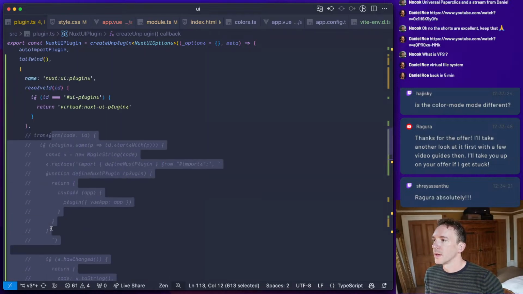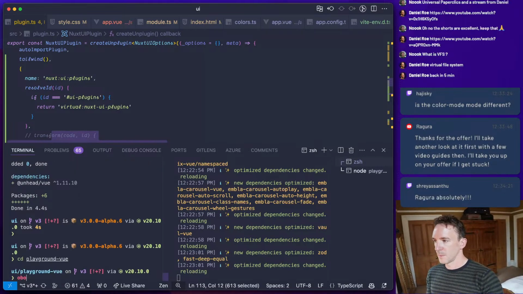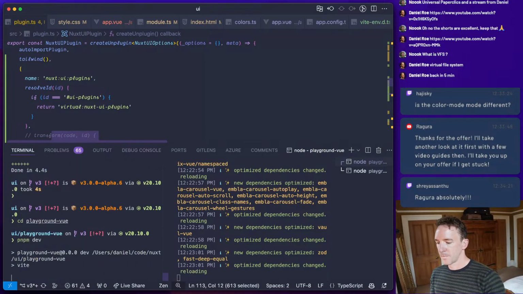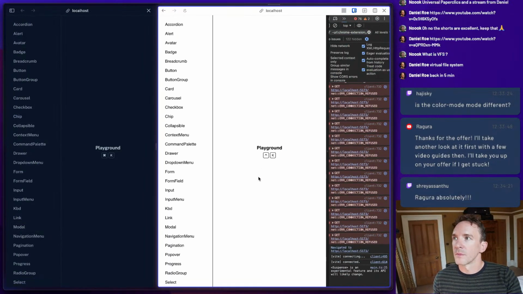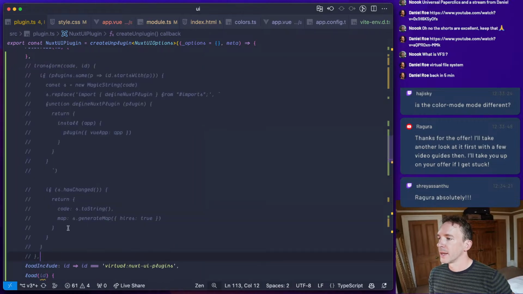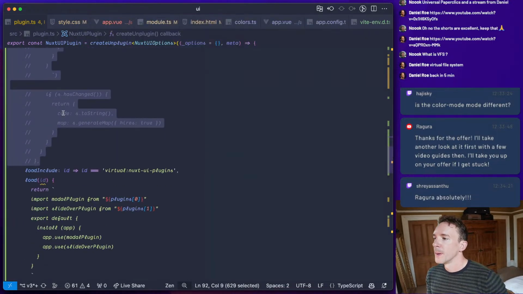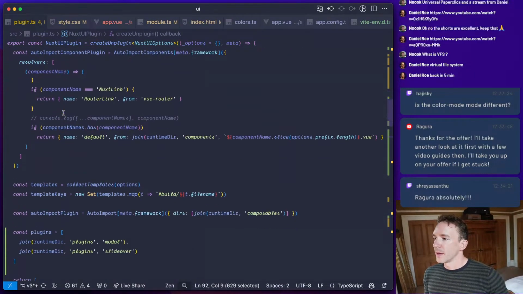Let's try that. It should work. Great. So the plugins are still running correctly, but I've commented it out only because we might want to do some more. We have how many of them?